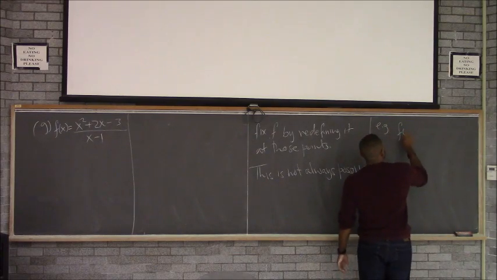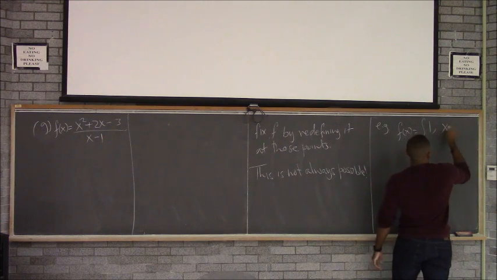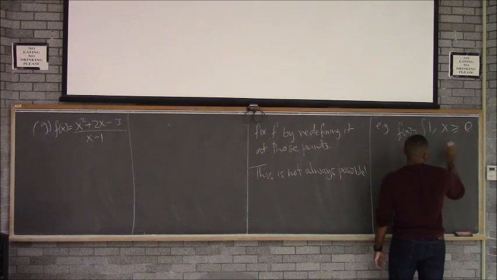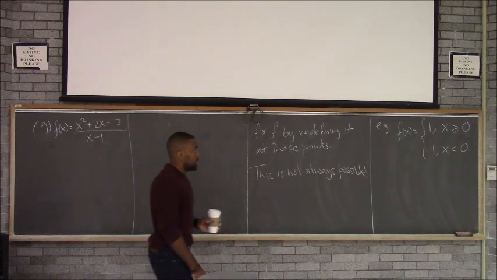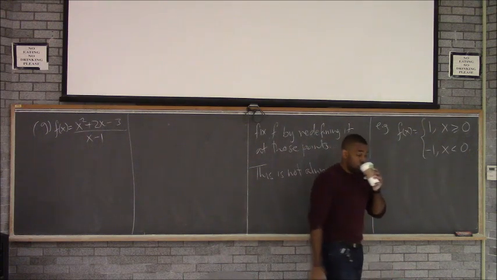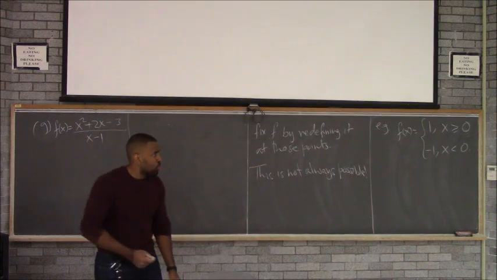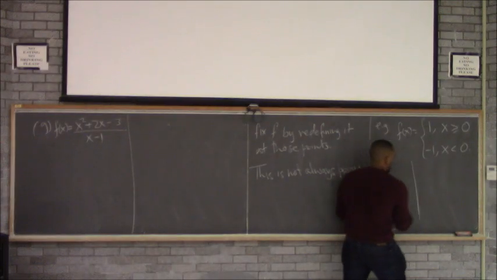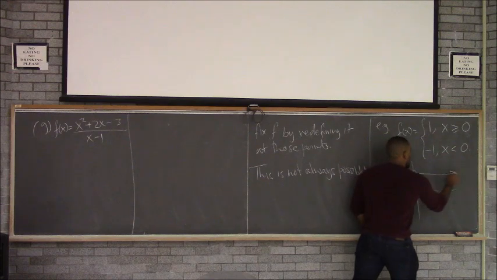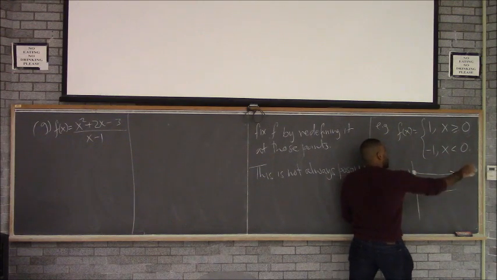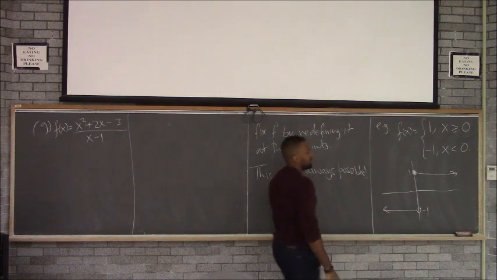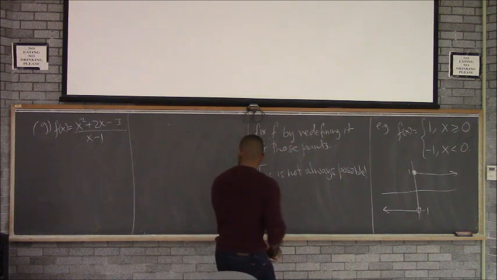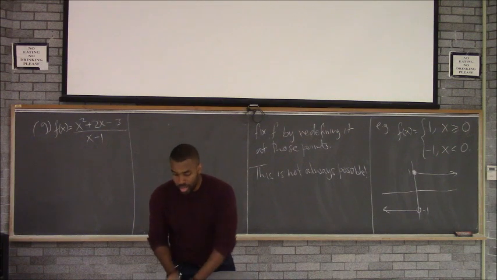Example, f of x equals... consider that function. Now what you're going to notice, if you went through and you checked everything, is that function is continuous everywhere except 0. So there's one isolated point where it doesn't work. We can see that easily by sketching the picture. It looks like that at 1 or bigger, so it's a horizontal line 1, and for anything less than 0, not including 0, it is -1. So now, here, what you notice is x equals 0 is the only